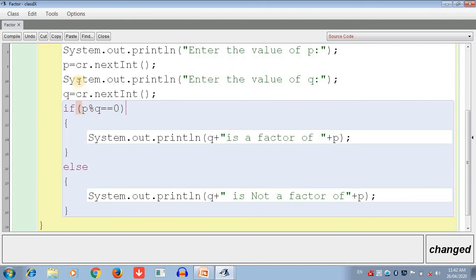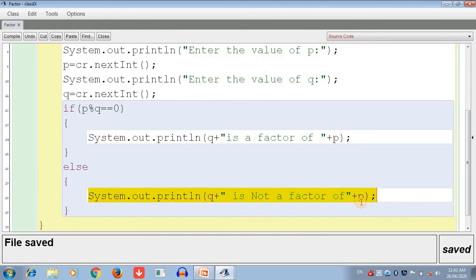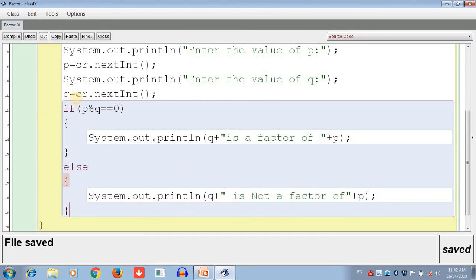Suppose you take the number 13 and here you write 5. So 13 and 5. Because the remainder did not come 0, that statement will be false, and then it goes to the next statement, that is, q is not a factor of p.